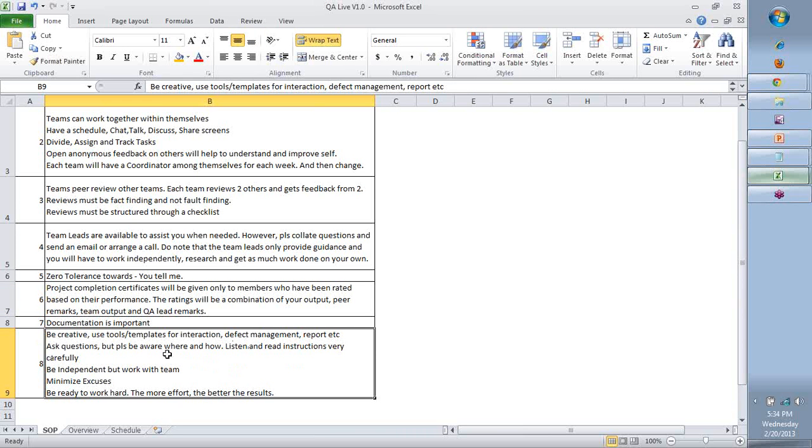Okay, here are the other things. Be creative, try and use tools, templates, come up with new ideas, but don't waste time with the team. I'll tell you what happens in a group decision or a group discussion. When you need to take a decision in a group, everyone is right. Everyone has their own perspective of what they want to do or bring. Someone will say go to meeting, someone will say let's use Skype. There is never a winner. It is someone's convenience, what they're used to.